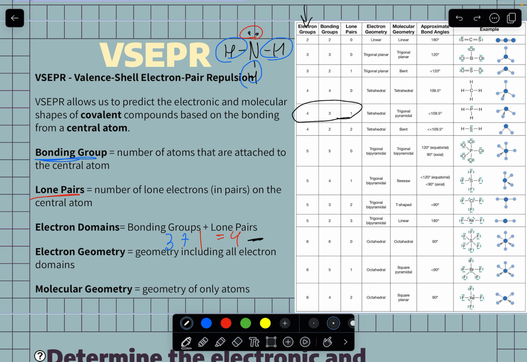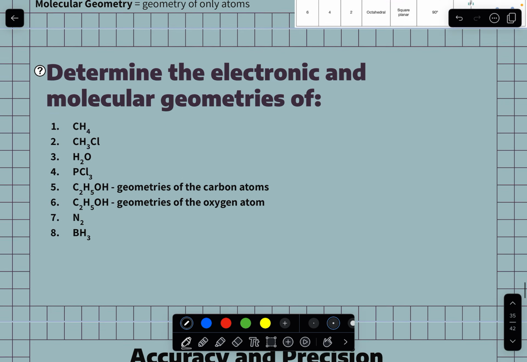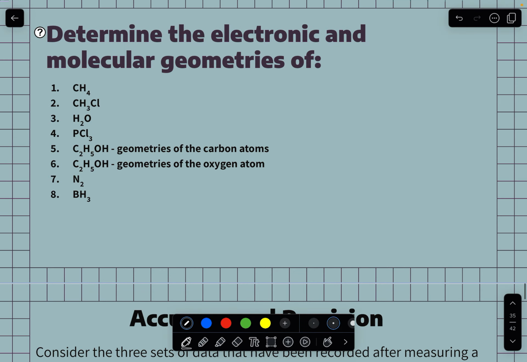Okay, so remember with VSEPR, we talked about it briefly in advanced. You did more with this in on-ramps, but remember you need to make sure you memorize these geometries. You need to make sure you know the electron geometry, molecular geometry, and the bond angles for various examples. Okay, so some examples are here. Let's do